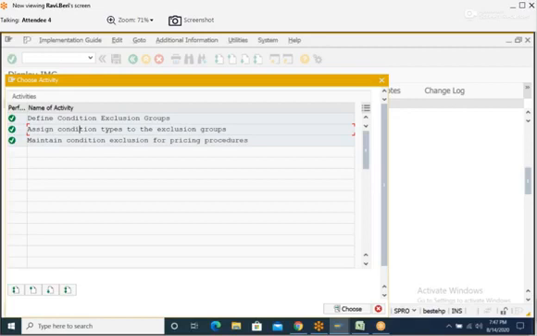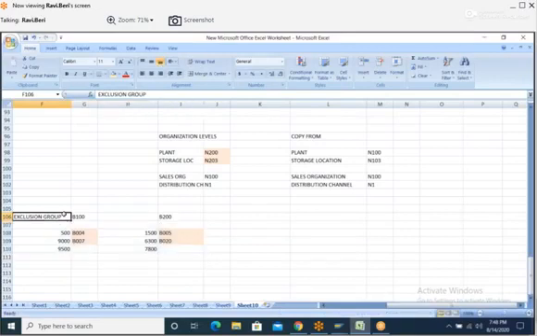Sir, on what basis are you creating 2 groups? It is up to you. Means you're asking about B100, B200. Yes, sir. You can give any name. You are defining 2 groups, and we are assigning B004 and B007 to one group, and B005 and B020 to the other. Take an example.